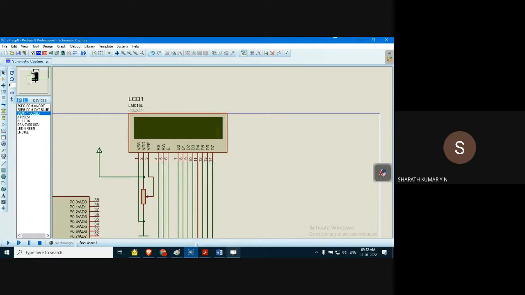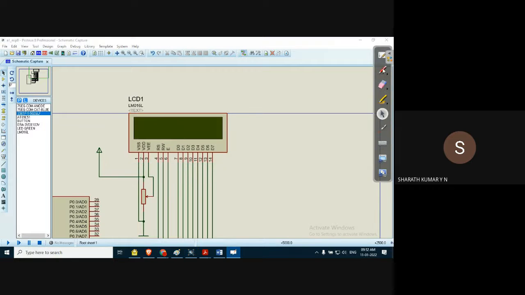Okay. Yes, in the LCD we find that pin number 15 and pin number 16 are missing. What is pin number 15? It is VCC, plus VCC, and pin number 16 is ground. These two pins are not shown in the icon because it is understood that they are connected to VCC and ground. So we don't actually connect using a resistor to these pins. It is not necessary. It is internally connected, so that we need not make an external connection. Is that okay? Fine. So this is about the connection.